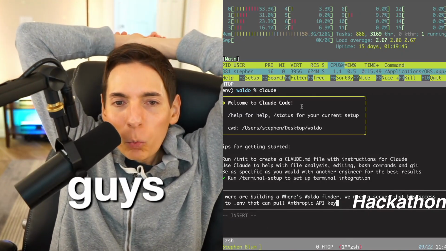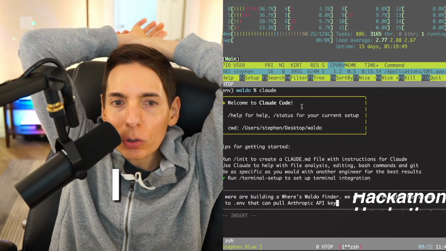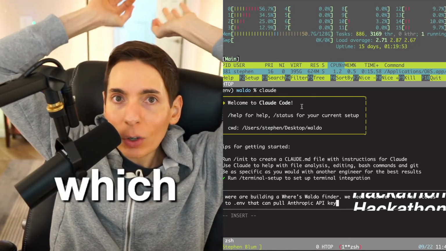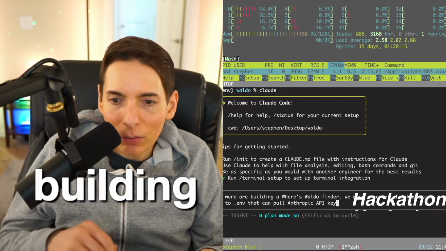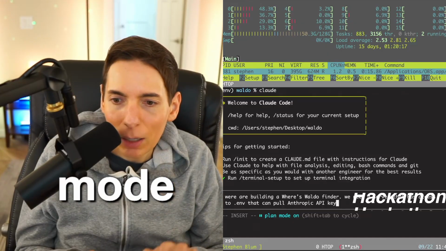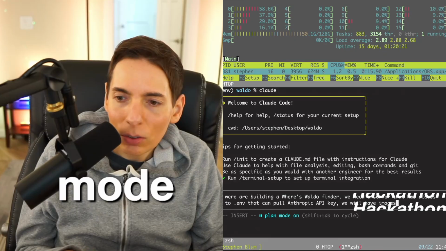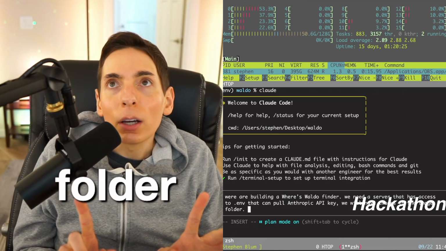How well can a general purpose LLM do this? If that doesn't work, we might go to YOLO though, which is Ultralytics. We're building a Where's Waldo finder. We need a server that accesses the Anthropic API key. We have images in the images folder, and what else? We need